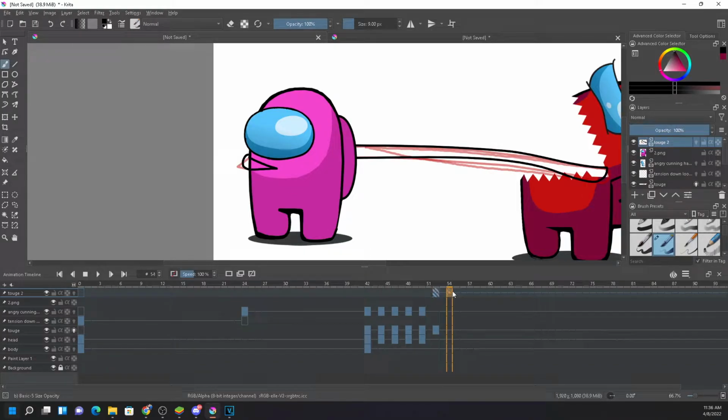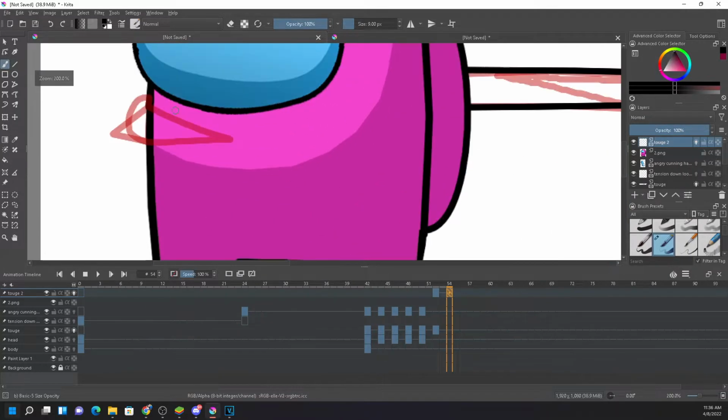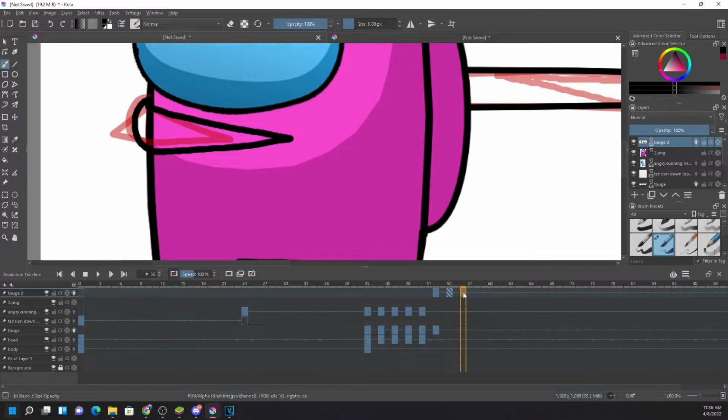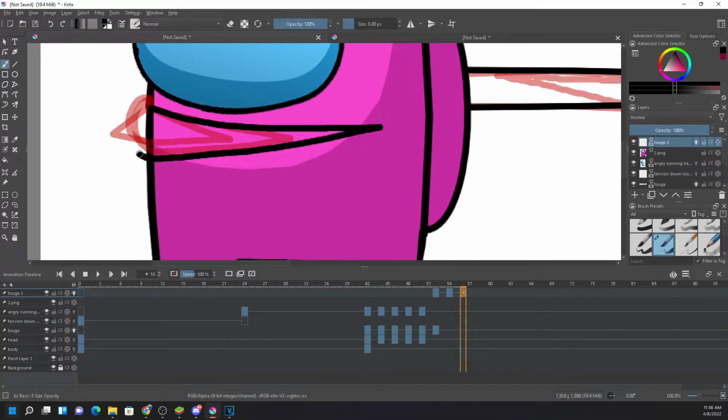In the 54th frame, I'm deleting this one and creating onion skin because I have created a new layer. This is the previous layer. So it goes like this, or a little slower like this. If I go a little farther, it shows like a speed movement like this.